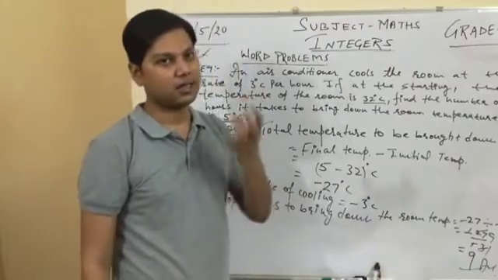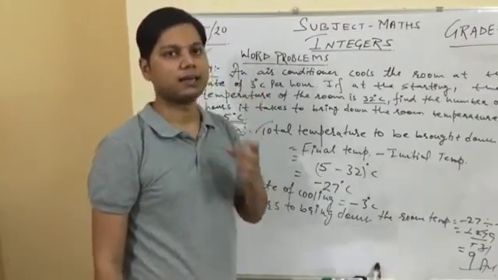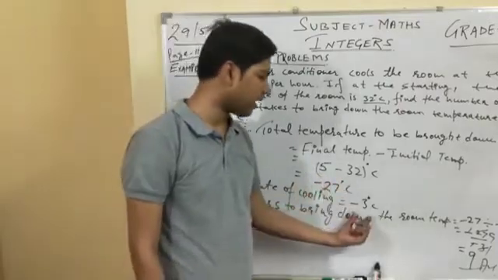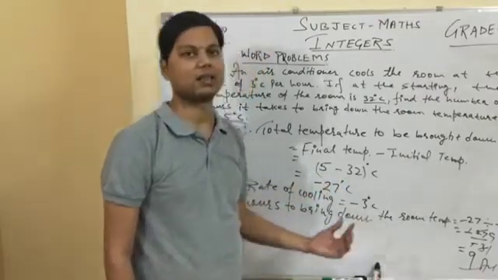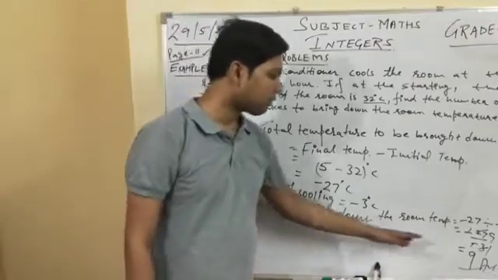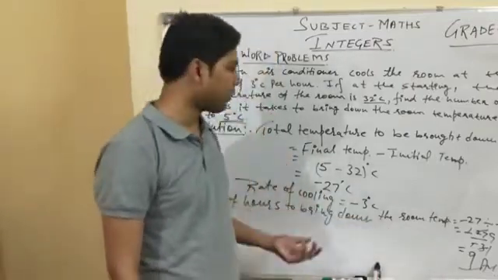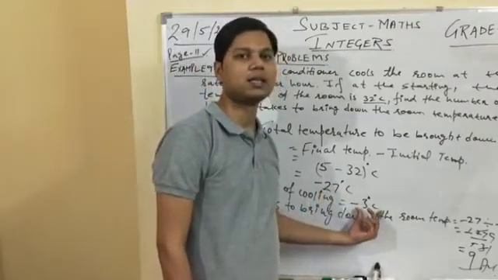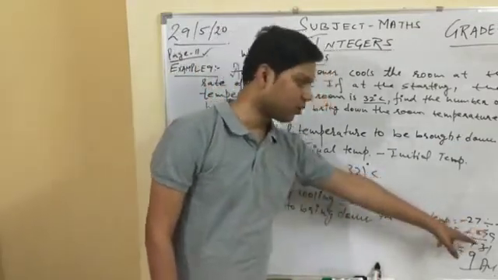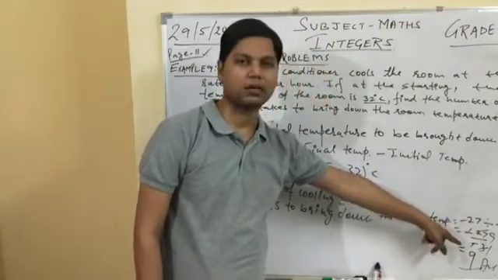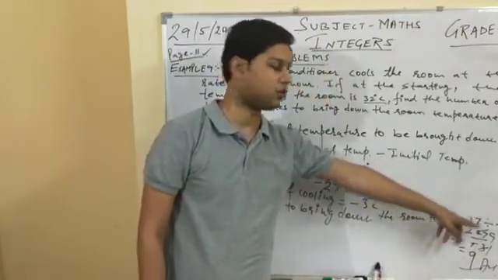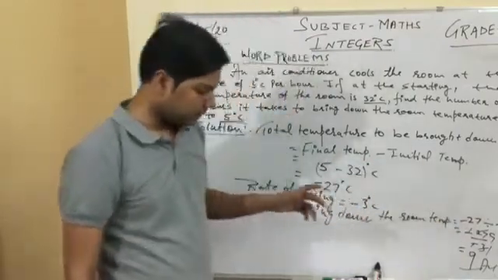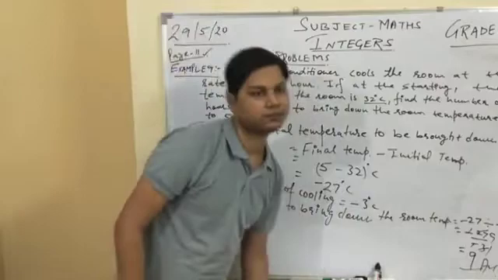Because AC टेम्परेचर को कूल करता है, that means कि डिक्रीज करता है. रेट था 3 डिग्री सेल्सियस, तो वी हैव टू टेक minus 3 डिग्री सेल्सियस. And when we have to find the number of hours, what we have to do? We have to just divide minus 27 degree Celsius by minus 3 degree Celsius. डिविजन और डिविडेंड दोनों निगेटिव है, माइनस से माइनस कैंसिल हो गया. 3 1 3, 3 9 27. We get the answer 9. Okay, let's move to the next question.